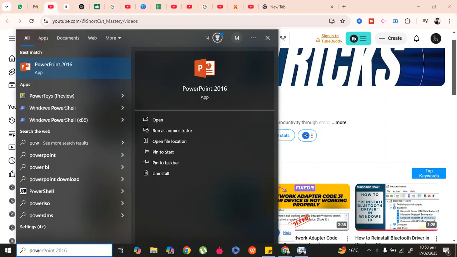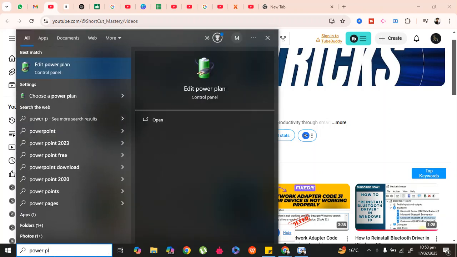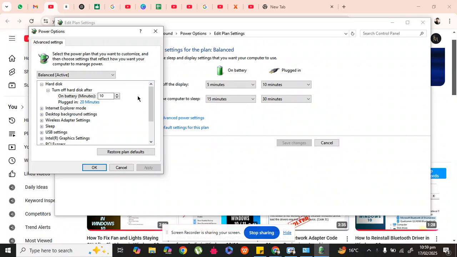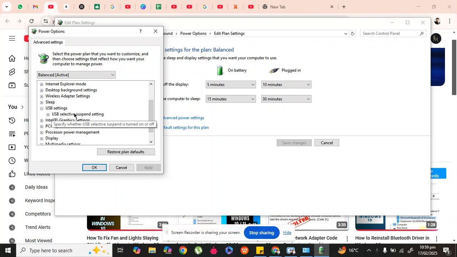You have to type power plan in the search bar, and then go to the control panel of power plan, and here you have to click on change advanced power settings, and here you have to scroll down and go to the USB settings. Here it is, the USB settings. So here you have to double click on it, USB selective suspend settings, and